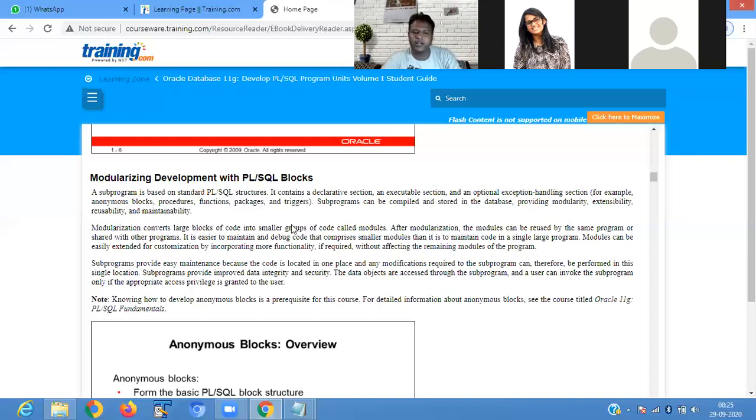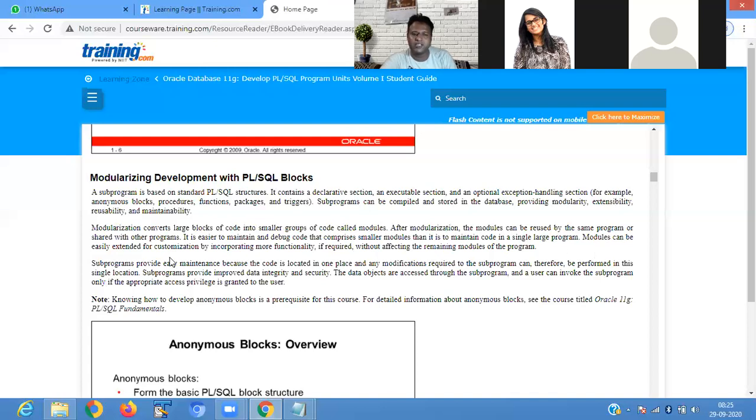Modularization converts a large block of code into smaller groups of code called modules. After modularization, the module can be reused by the same program or shared with other programs. It is easier to maintain and debug code that comprises smaller modules than code in a single large program.